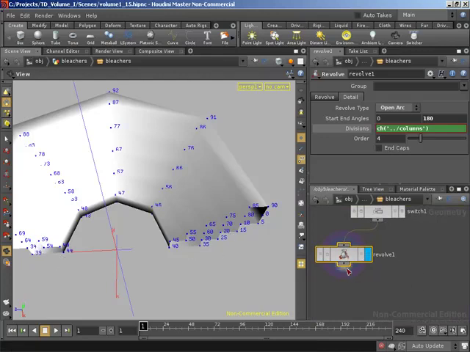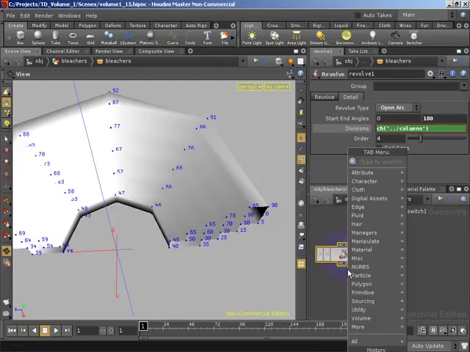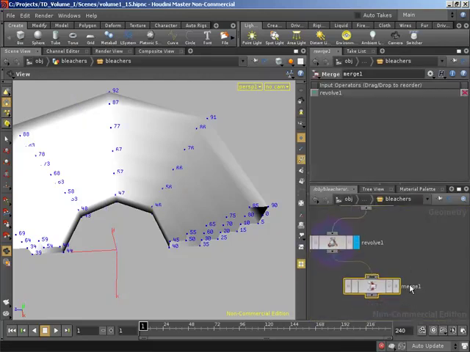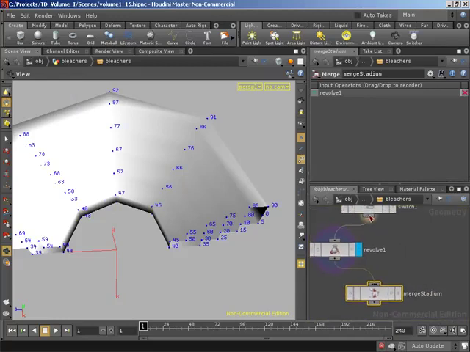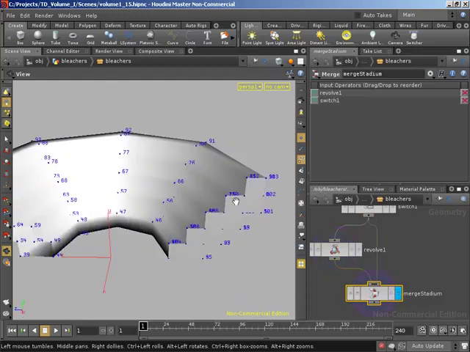Yeah, sounds good. So I'm going to right-click on the output of the revolve and create a merge, enter and enter to place that in. And I'm going to rename this to merge stadium. Wow, where'd that S come from? Stadium, fantastic. Stadius. Yeah, that sounds pretty cool. So I'm going to left click on the output of the switch and wire that into our merge as well. So now we've got this one side end